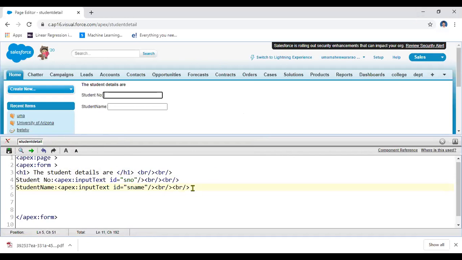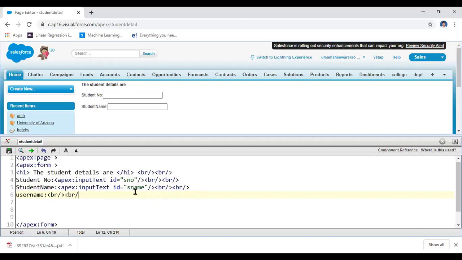Similarly, the student number, student name, and then student address also you will take. And then you may write a mobile number, and then you may write the password. For example, username, the same information.